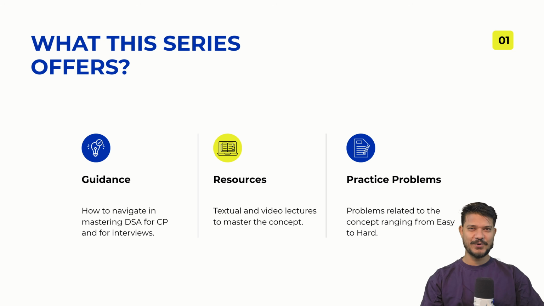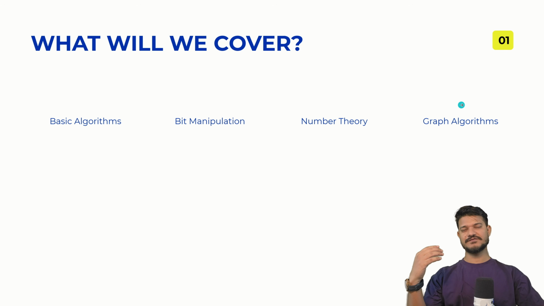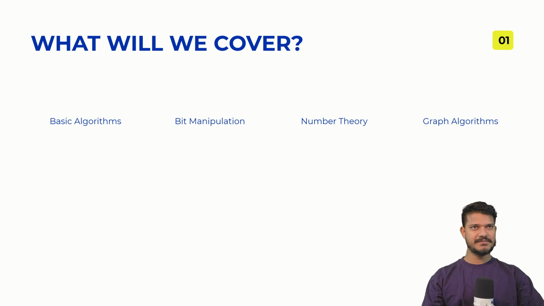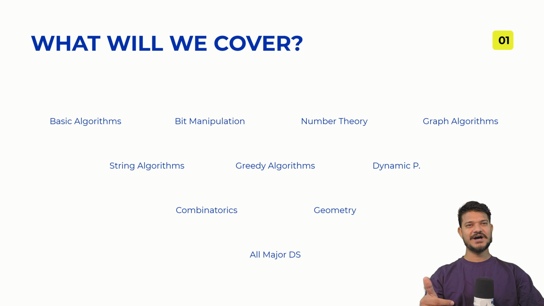So this is what I'm going to offer you: guidance, resources, and practice problems, right? Now, what are we going to cover in this series? Of course, we will cover a lot of things, like basic algorithms, which include binary search, monotonic stack, things like that. And then we have bit manipulation, number theory, graph algorithms, string algorithms, greedy algorithms, dynamic programming. You see, a lot of things. Combinatorics, geometry, and of course, finally,